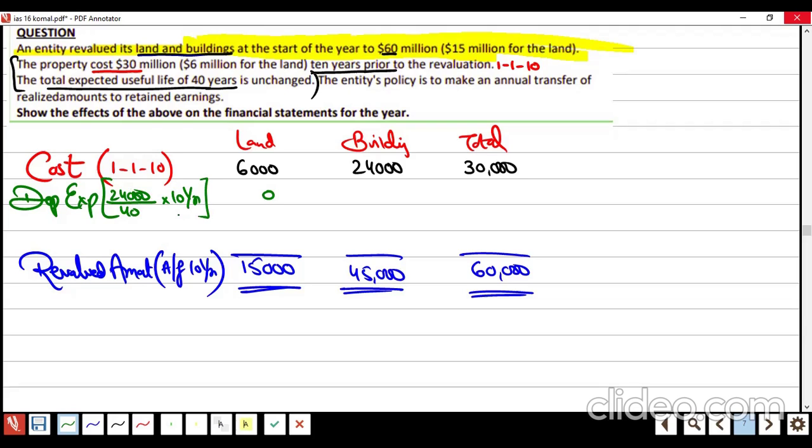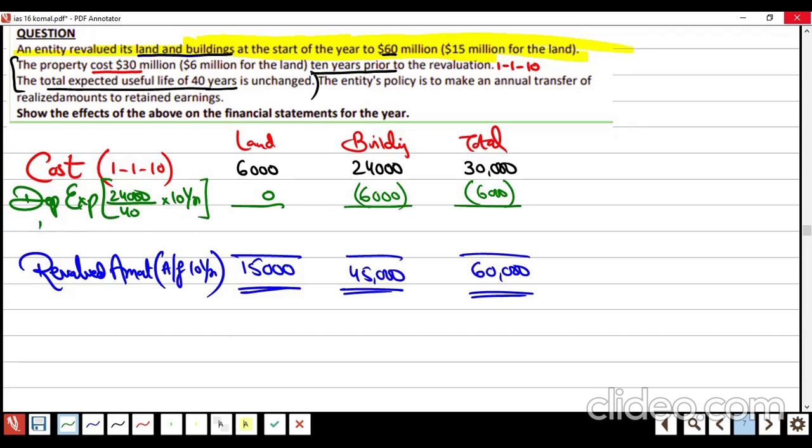600 for 1 year, 6,000 for 10 years. And I do have the carrying amount, which is like versus like now. Carrying amount, how much? 6,000, 1,000, and